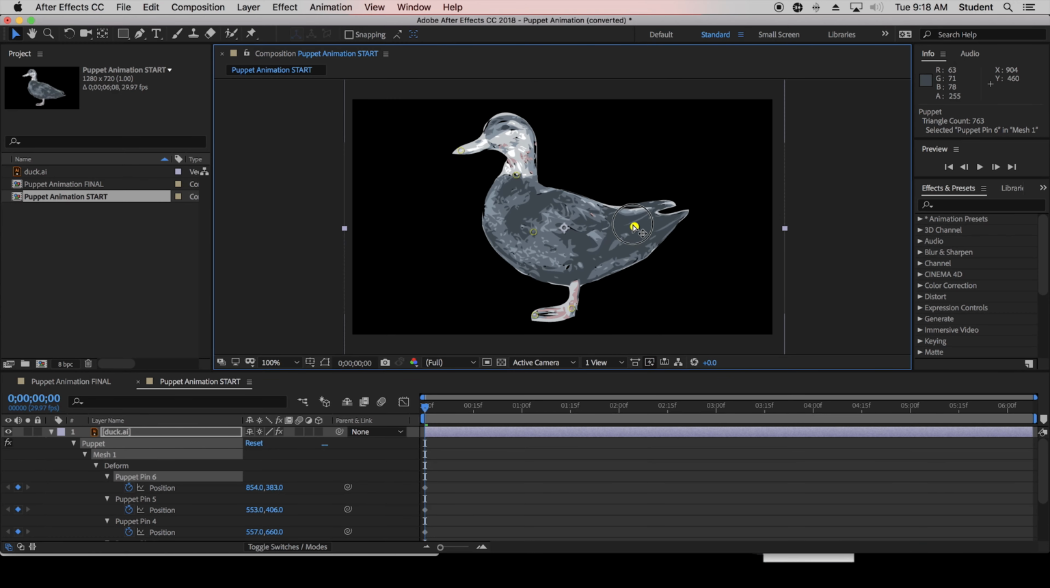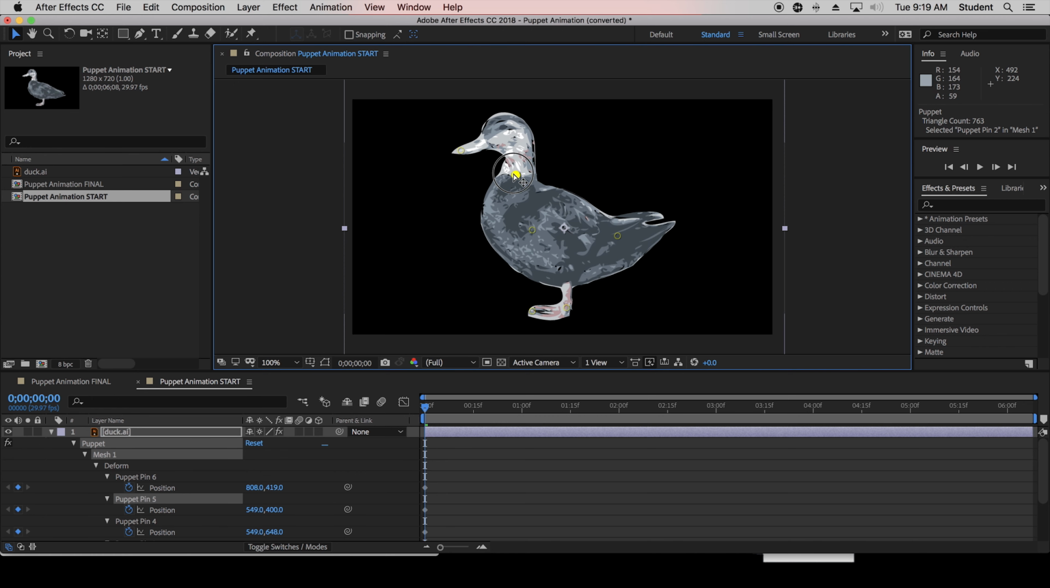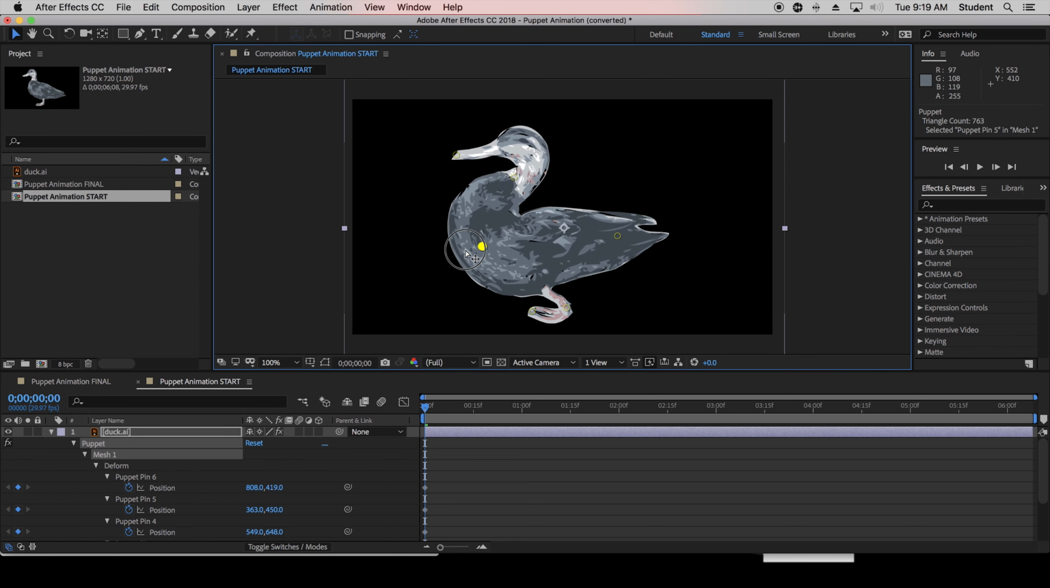So essentially what happens with these Puppet Pins is that they become an anchor point that you can stretch from. So you could make this duck waddle its butt up and down like this. You could make it move its feet. Okay, and notice that whenever we move stuff, it happens at the point of the puppet pin, and then the rest of the pins are static. So it sort of moves everything around